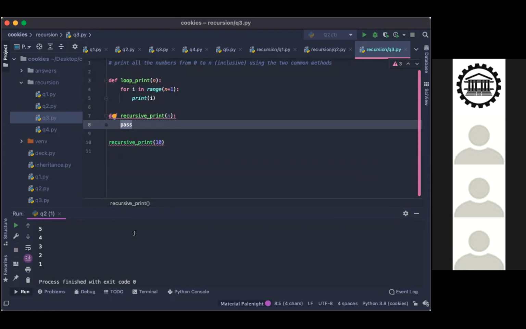So no loops, no for or while loop. It has to be the base case and the recursive case. From 0 to n, so we don't want n to 0 or something.